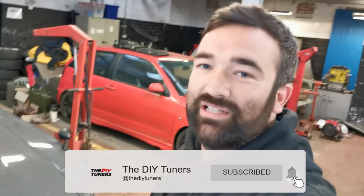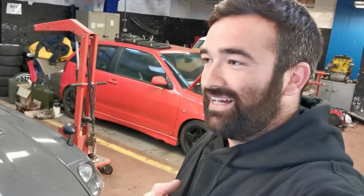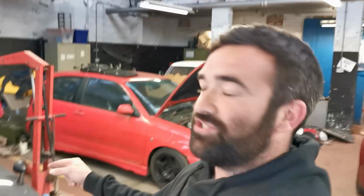Today we were supposed to be pulling the SR20 out because it's sold, but then, as with most car part sales, it then unsold. So we're going to leave the engine in for another 2 weeks, so that if anyone wants to buy it, they can come down, compression test it themselves, hear it running or whatever. If anyone wants an SR20,